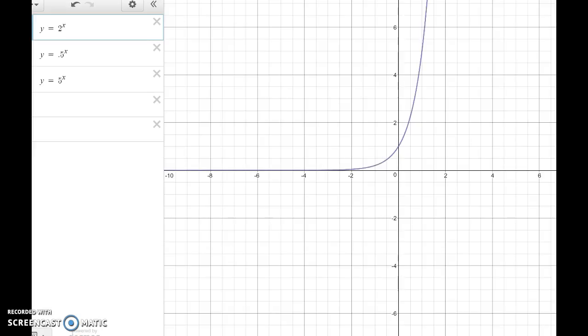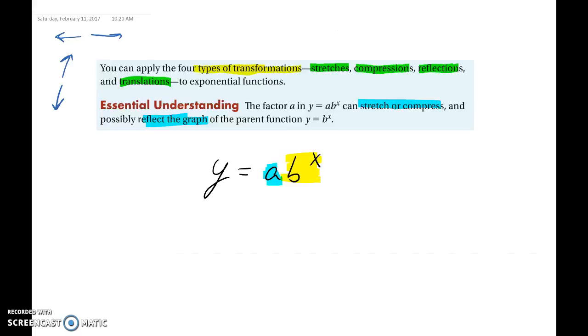So it's not going to be what we've done in the past where it's one parent function we're talking about. The parent function actually changes depending on what base we have, right? So we're always going to be referring back to the parent function for that particular base. All right, so now let's just go through all the different